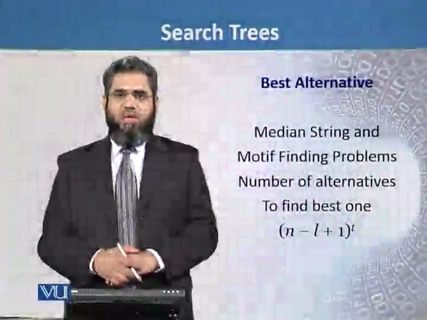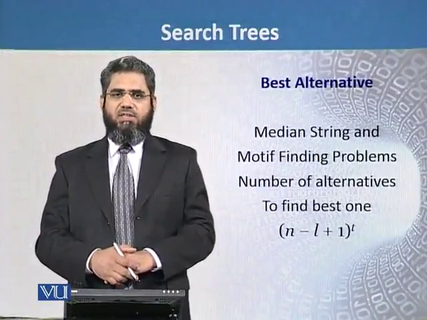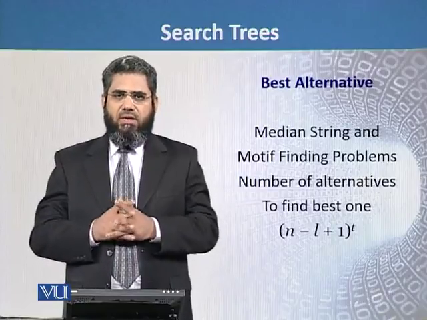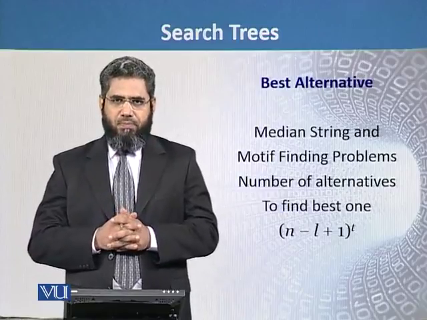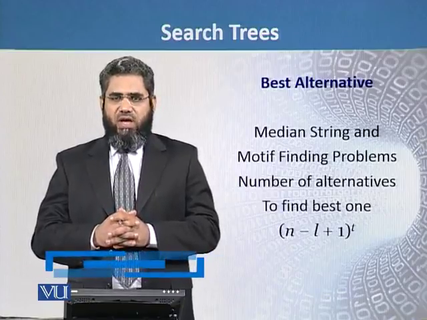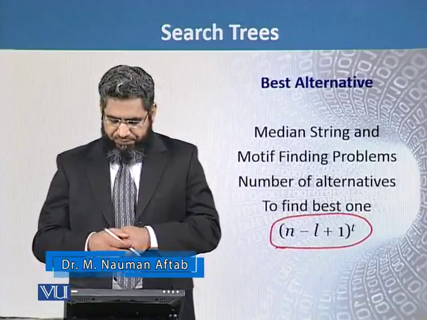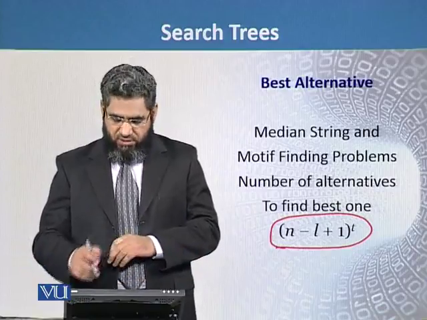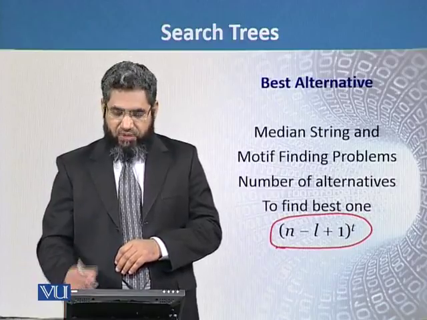In both the median string problem and the motif finding problem, we have to examine a large number of alternatives, and from these alternatives we then select the best one. Best one means the best possible sequence. For example, in the motif finding problem, we have to consider all of these alternatives, and from them we will select the best possible answer, and we will select from the DNA sequences that will be starting from